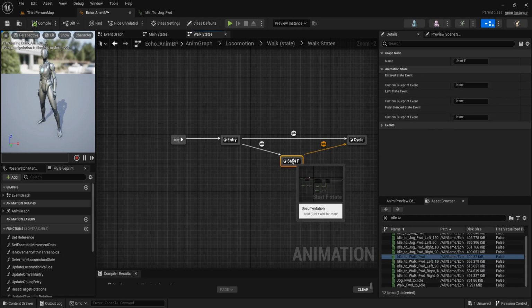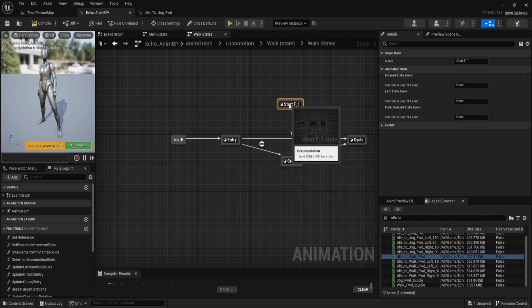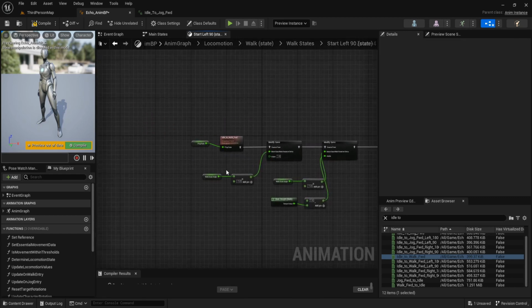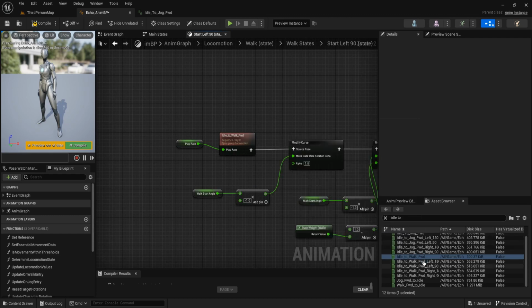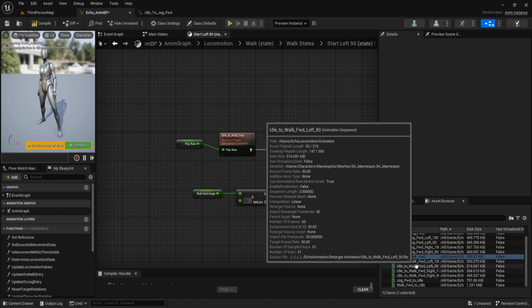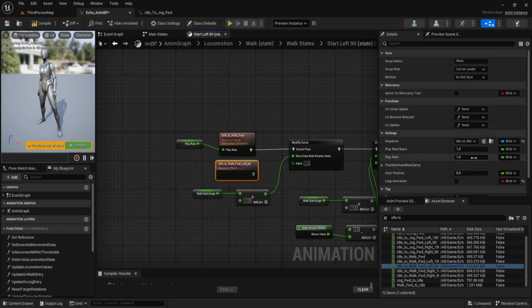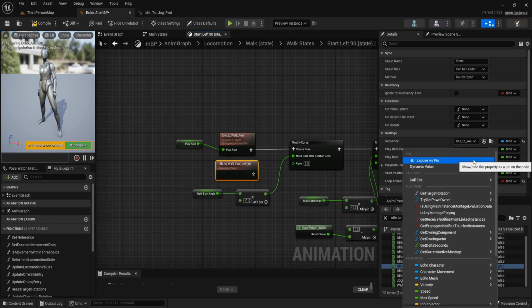And play. And when we walk forward, we have the transition from idle to walk forward. And let's copy this state. Rename it to start left 90. And use this idle to walk forward left 90 animation and expose this play rate.